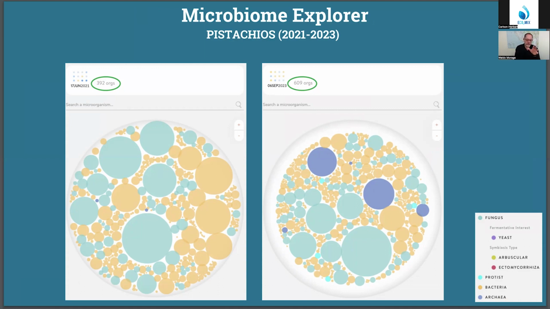If you look at the one on the left, it's 392 organisms, and the light blue are fungi, the tan are bacteria, and those purple dots are yeast, and there are others. Every one of these circles is a different species. If you look at the one on the right, where we have 609 organisms, you can see that it's more diverse. Even if there are big circles, low circles, there are more circles. That means there's more